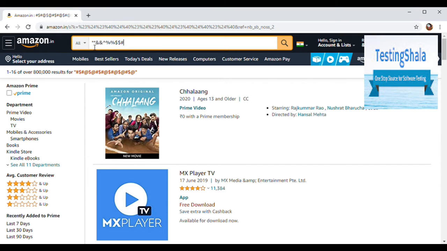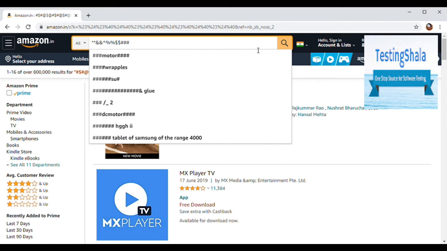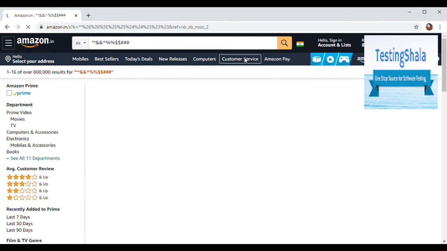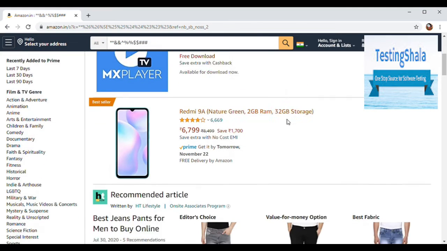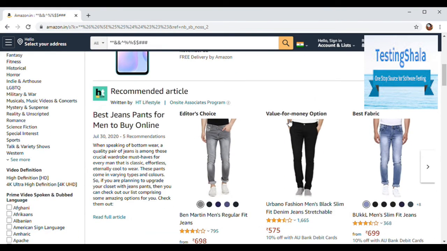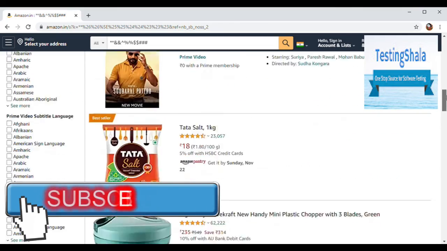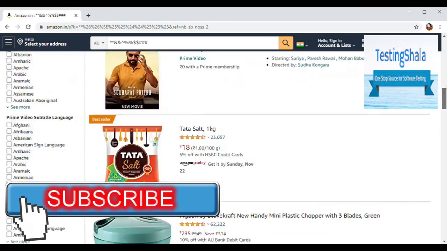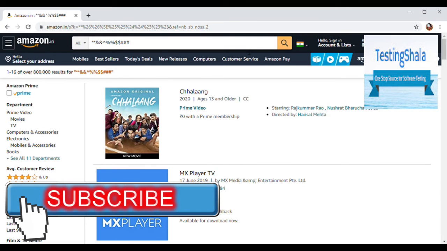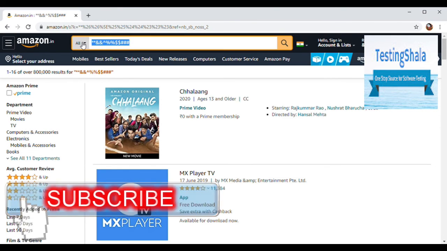If you can also see here, let's say I enter some other special characters. Now let's search. Again the same thing. Something is showing up, which is an incorrect test case, which means it is not working as expected.